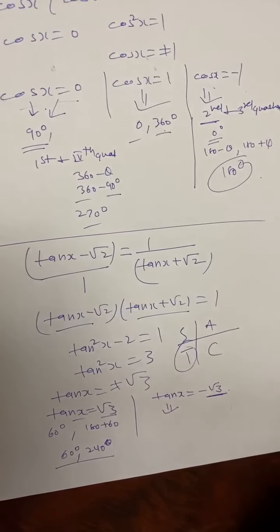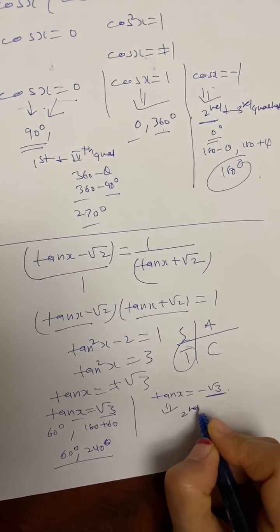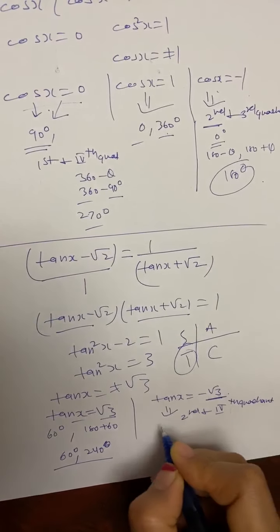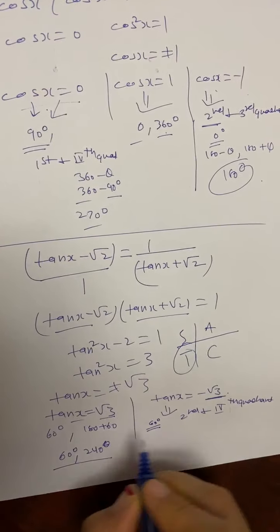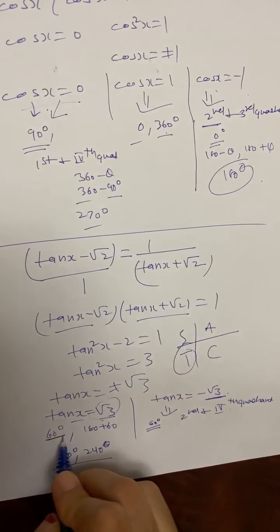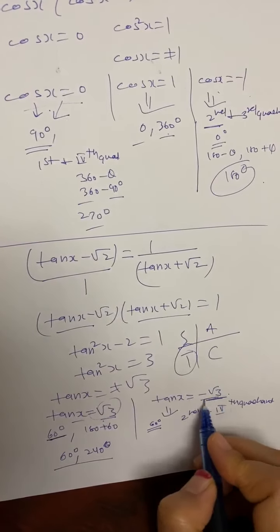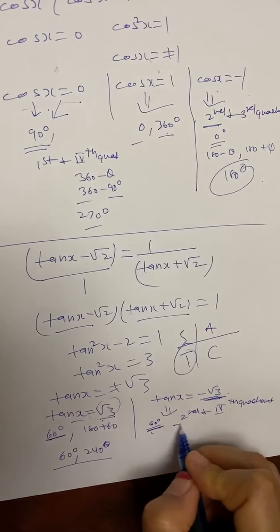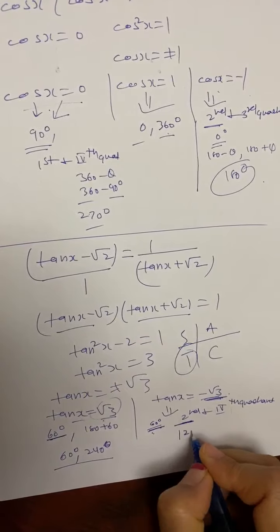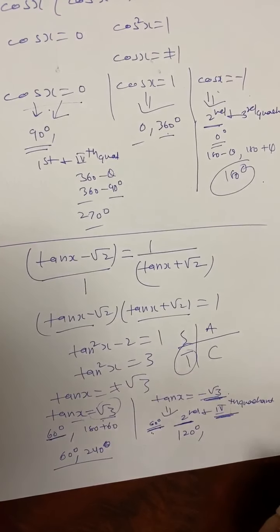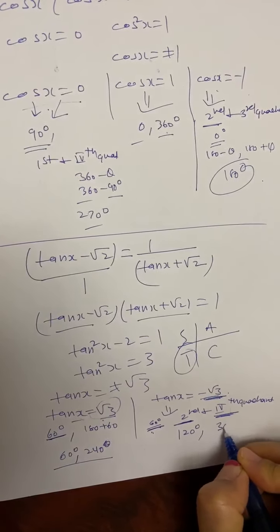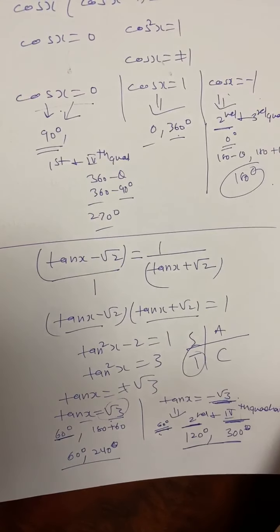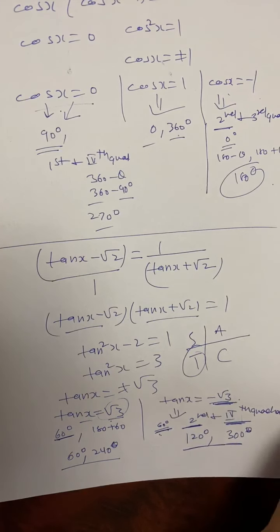So negative square root of 3, it has to be in second and fourth quadrant, but again ignore the sign, find the acute angle, which was 60 degree. That's not the answer, but here when it's positive, then the acute angle is one of the answers, but when it's negative, the acute angle is not one of the answers. So once you get theta, then second quadrant is 180 minus 60, which is 120, and fourth quadrant is going to be 360 minus 60, which is 300 degree. So that is your answer, if you see any of these kind of questions.